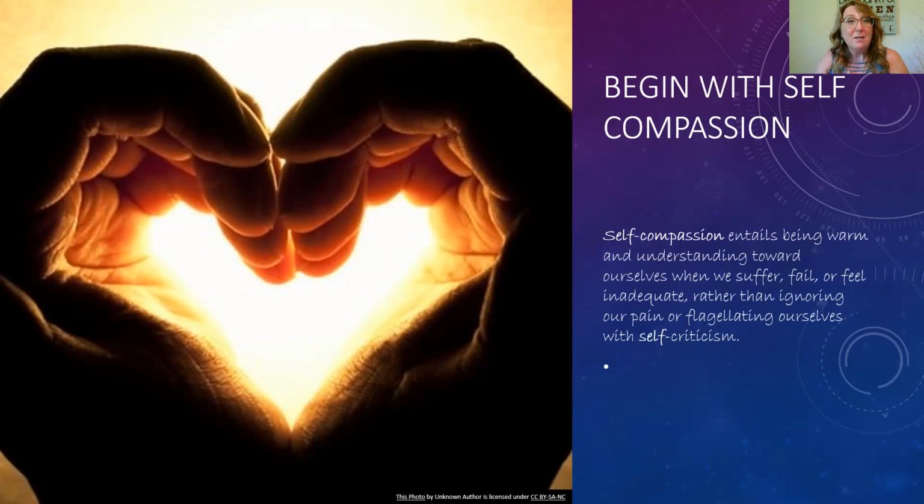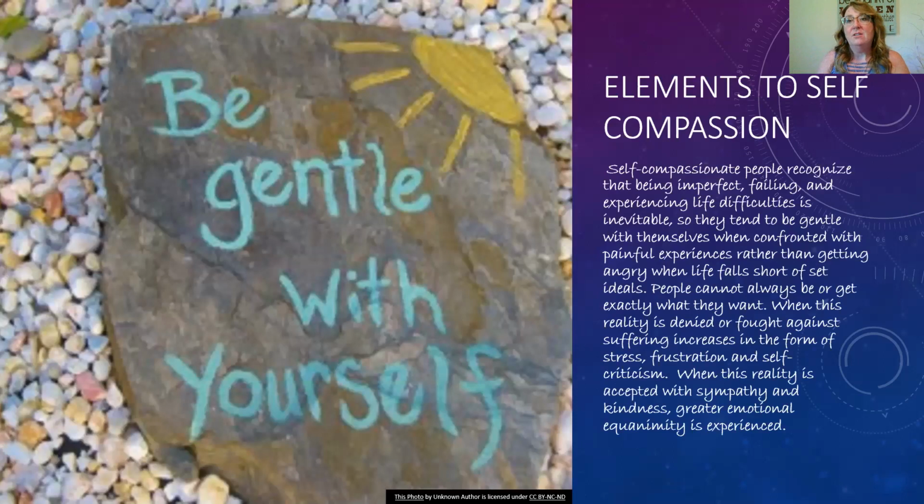And it sounds really hokey and really new agey, but really it's about helping the brain that is hardwired for fear, hardwired for reactivity, come into a place of responsiveness. And we do that by being okay on purpose. So there are elements to self-compassion. It's really recognizing the imperfect failings and shortcomings and experiencing life's difficulties with the notion that, yeah, life is sometimes difficult. And if we don't have difficulties, then we never really truly understand the joy of